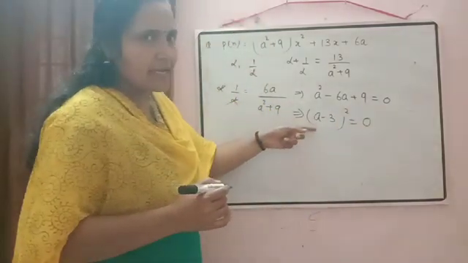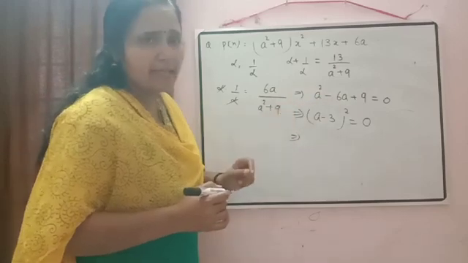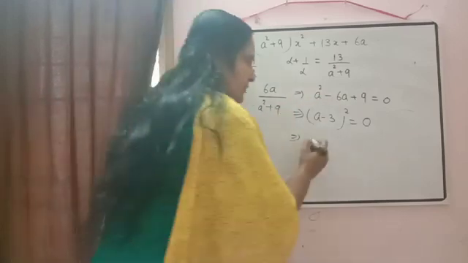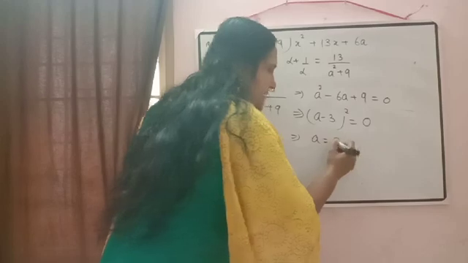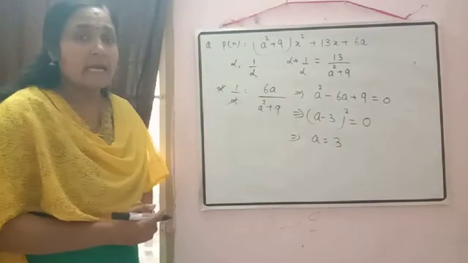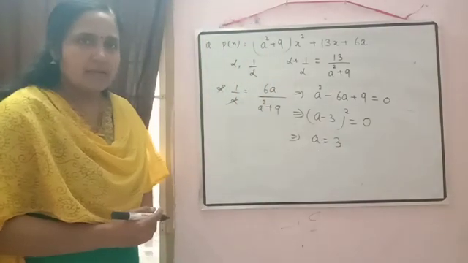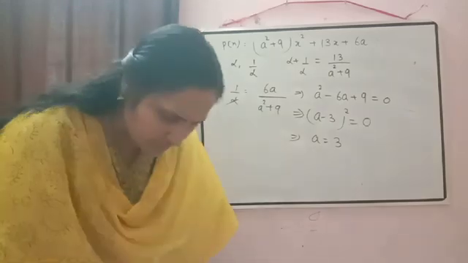Otherwise, if you don't know the identity, then you can factorize it by splitting the middle term. Then we will get a minus 3 is equal to 0, which implies a is equal to 3. Okay, then the next question is,